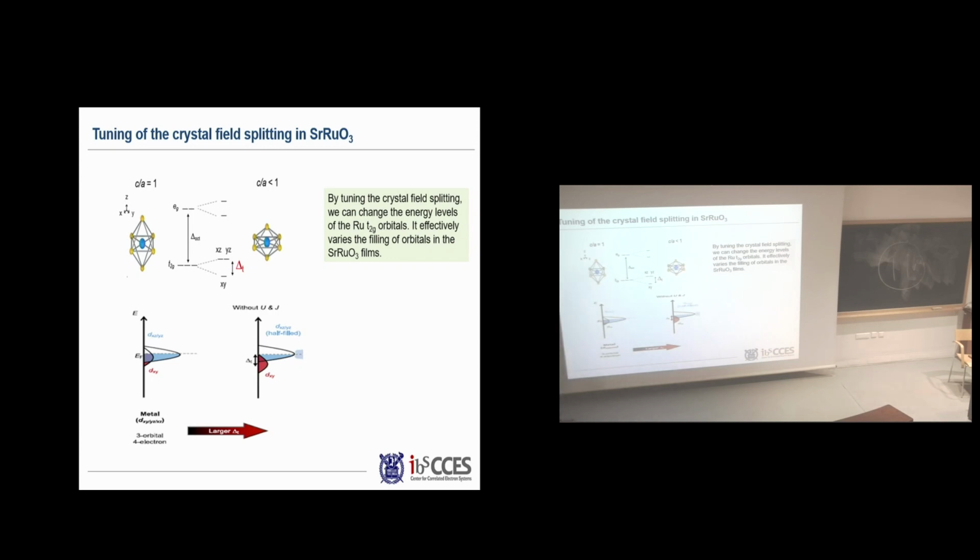So we start from here, near the Fermi surface, where the xy and yz orbitals are mixed together. But if you increase the crystal field splitting, then the bands will start to move, particularly the xy will move down. At a certain point, xy will move down up to this point. So if you fill it up from the bottom, the old xy level will be completely filled. Then the yz and zx bands are only half filled.